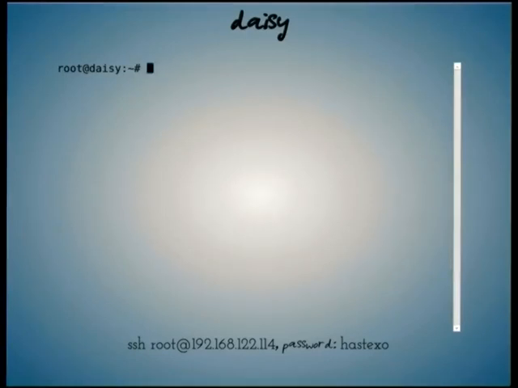The way to connect to these is shown at the bottom. I hope that is legible. So you connect to these boxes with Secure Shell as root to 192.168.122.111 for Alice, 114 is Daisy, 115 is Eric, and 116 is Frank. The root password for these is hastexo, H-A-S-T-E-X-O, all lowercase, and please feel free to put your SSH pub key into the